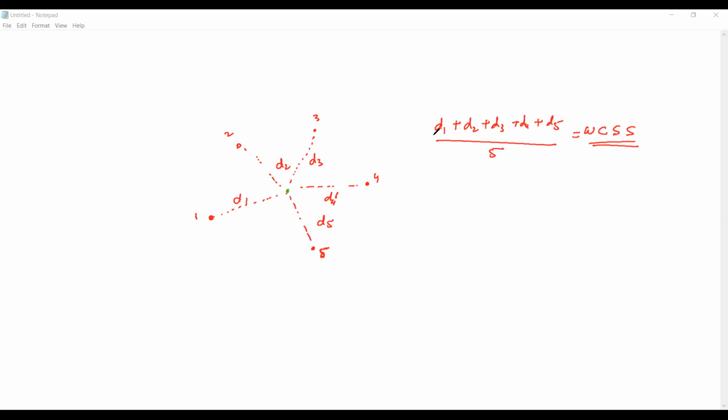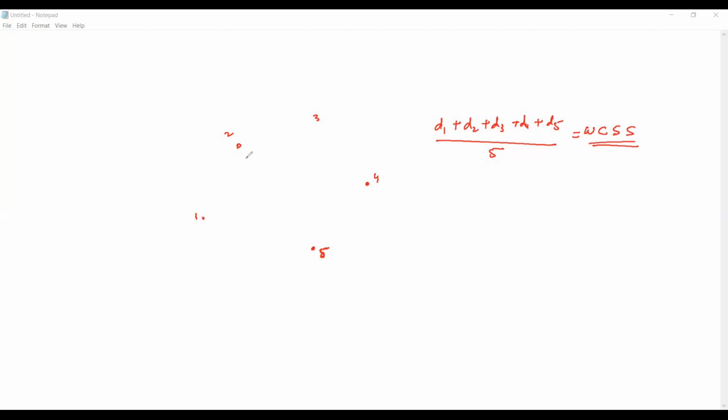Now what will happen if, now I will erase this. This time what happened, you chose number of cluster as 2.